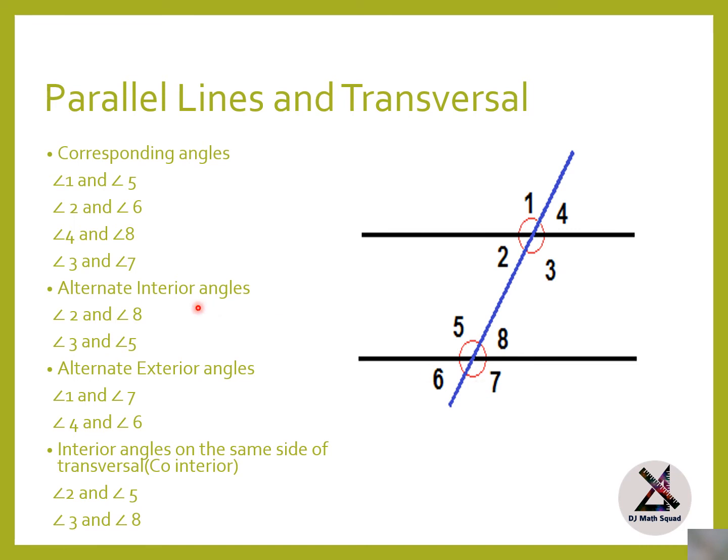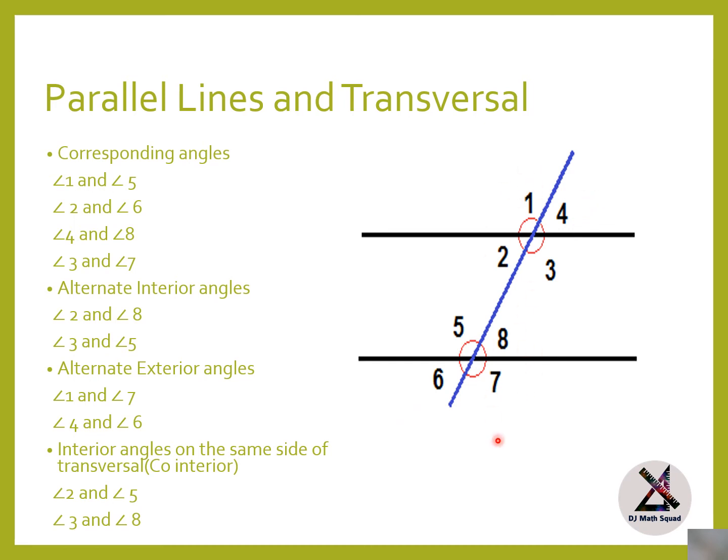Then we have the next important pair of angles, which is alternate interior angles. So here you have 2 and 8 alternate, right? They are alternate interior, inside of this figure, if you see, and they are on alternate sides of the transversal. Then angle 5 and angle 3. When we talk about alternate exterior angles, they are 6 and 4, and 1 and 7, because they are on